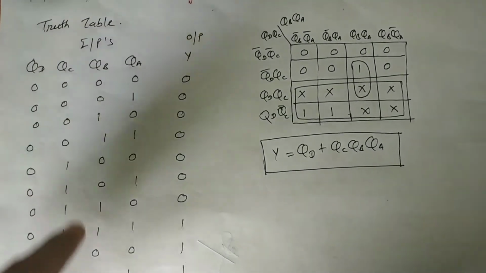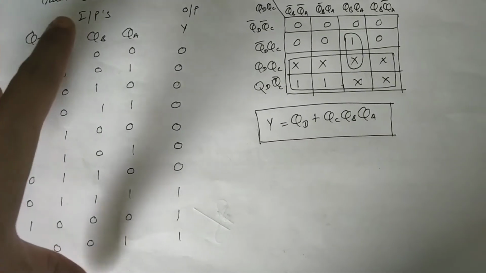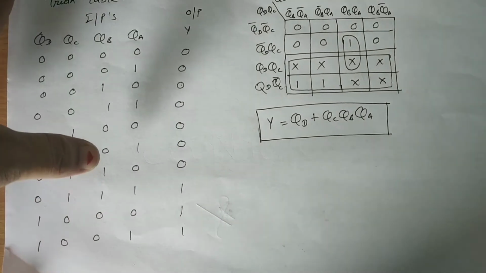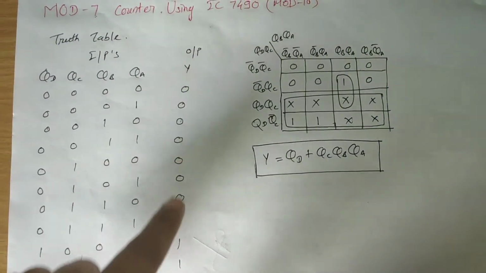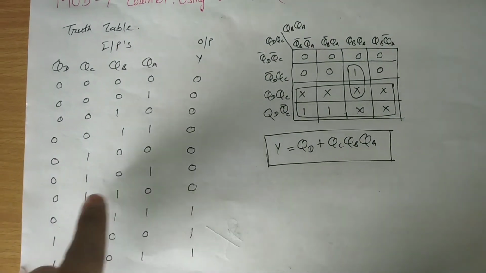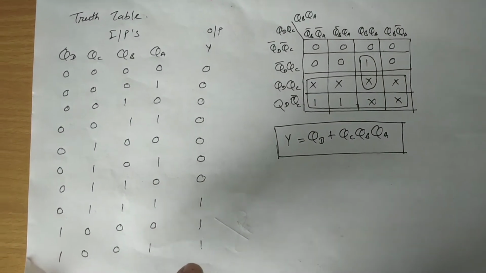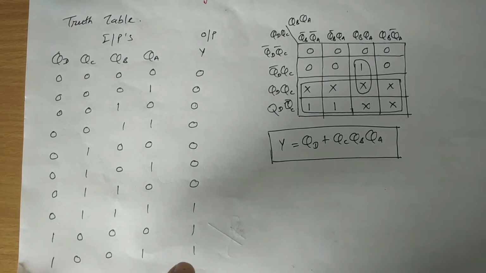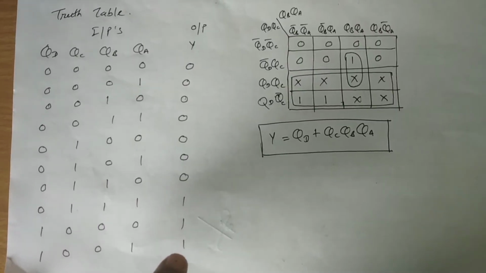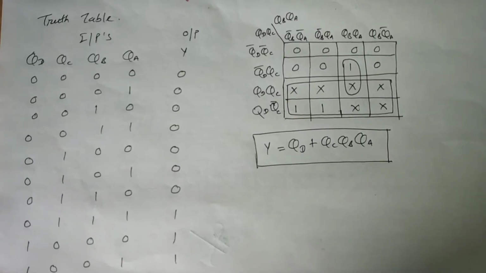So here you can see that I have taken 10 states, that is from 0 to 9, and in these 0 to 9 states, what I have to implement is mod 7. Mod 7 means counting is from 0 to 6. So that's why in states 0 to 6 the output is 0, and after that for the 7, 8, 9 count range we have to make the output 1, since it is the reset logic, right? Now this is what we can call your truth table.